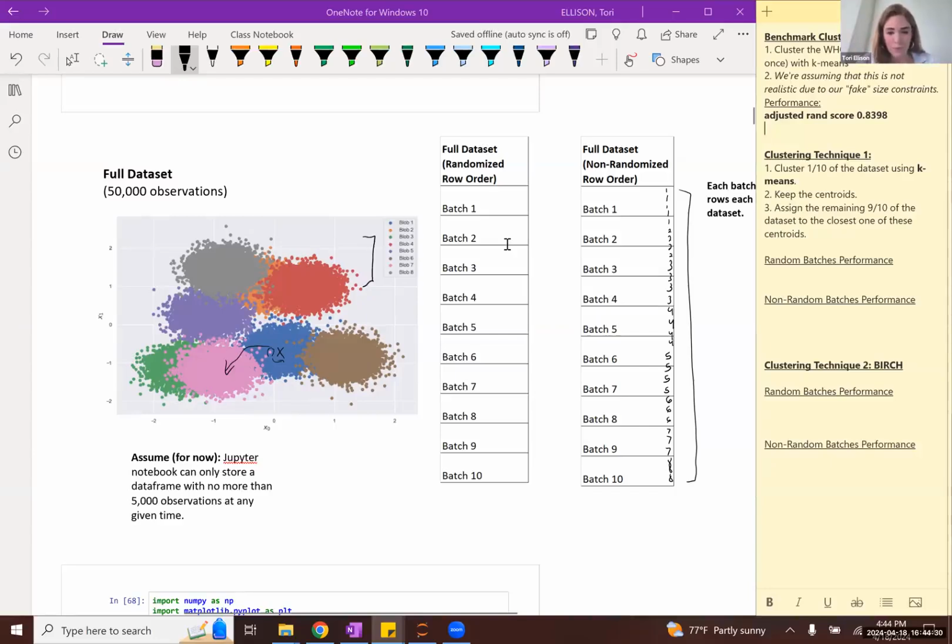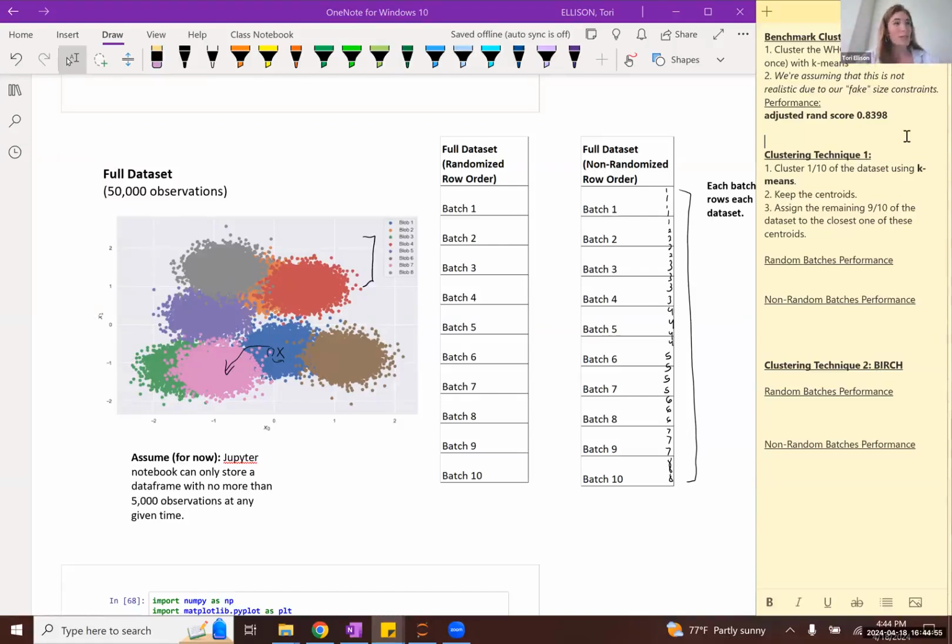Now, the data set that we're actually trying to cluster here is only 50,000 observations, which k-means can definitely handle. And it's totally possible for you to load a CSV file with 50,000 observations into your Jupyter Notebook environment.